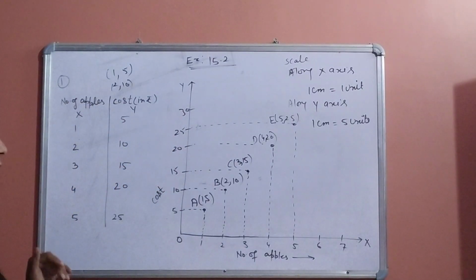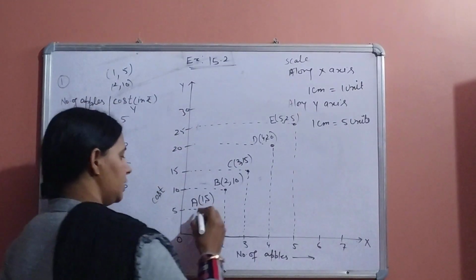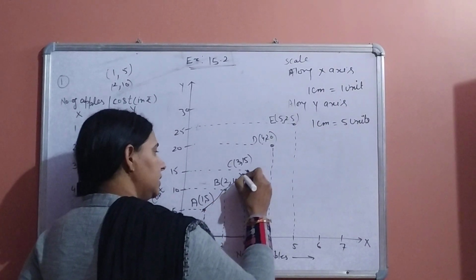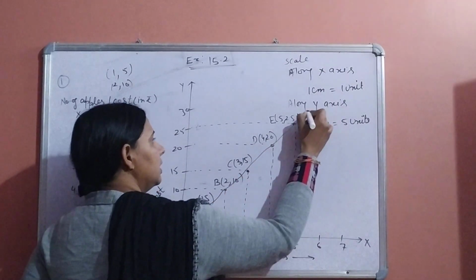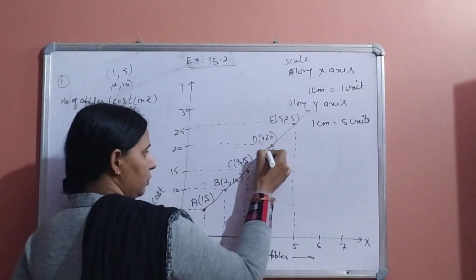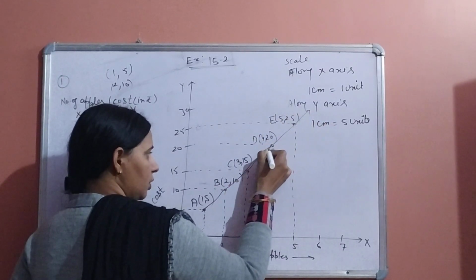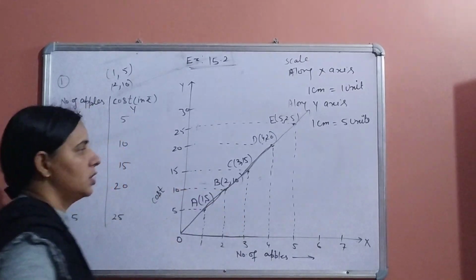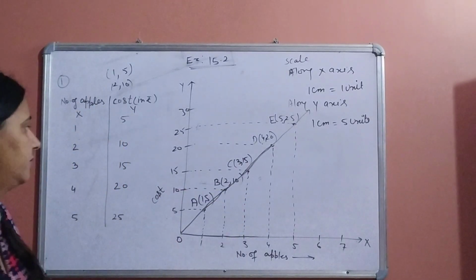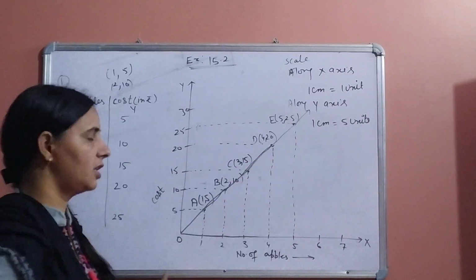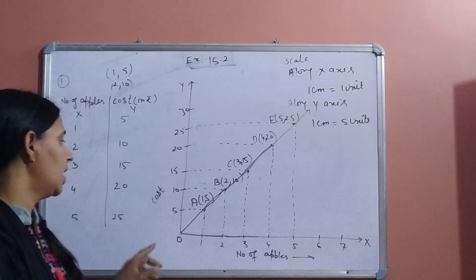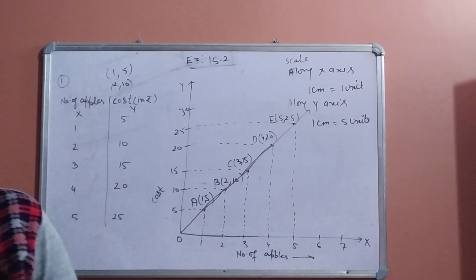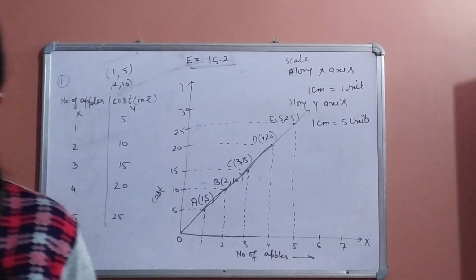Now we have plotted all the points. Now take a scale and join these points. If they all lie on a line, then this will be a linear graph. When you will draw, you will see you can join all the points by a line. So this is linear graph. Clear? Linear graph is a straight line where all the points lie on this line. So this is required graph for the given data. Clear?